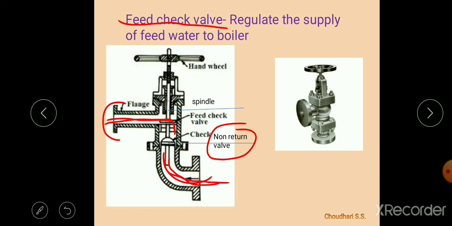Here it is connected to the boiler by the flange, and through that flange the pipe goes inside the boiler shell. Here we can see it is hand operated, a spindle is running, and this is connected to the valve. So this is a feed check valve, and this is a non-return valve. In normal condition water is flowing inside the boiler. So we can control the flow rate with